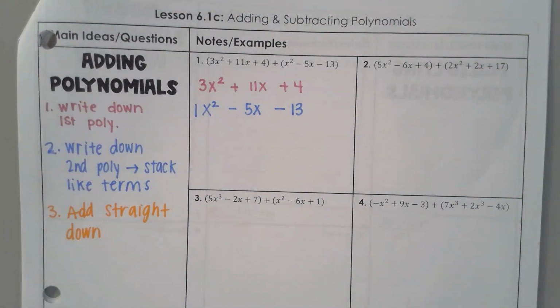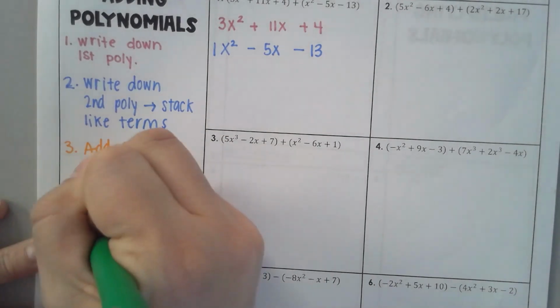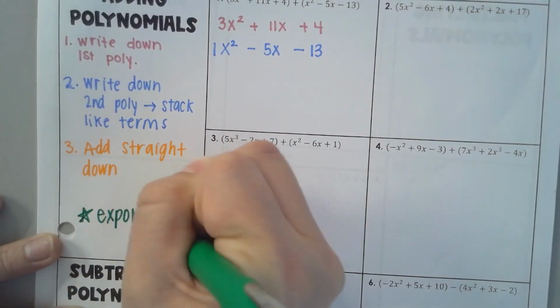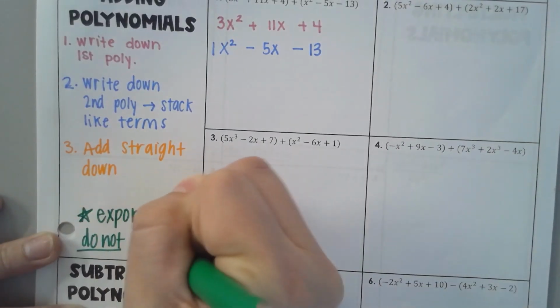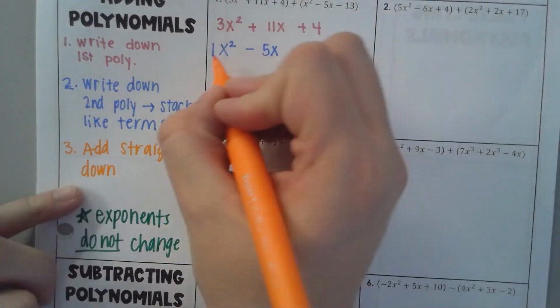When you add or basically combine like terms, this is really important. Exponents do not change. So you don't do anything with the exponents. Like 2x plus 3x is 5x, not 5x squared. Okay. So over here we're going to add